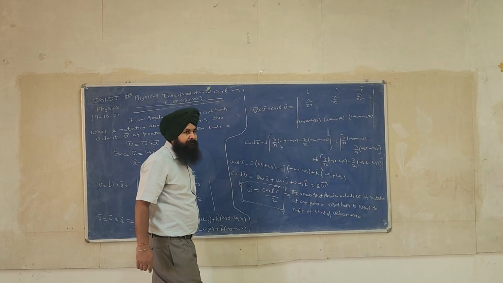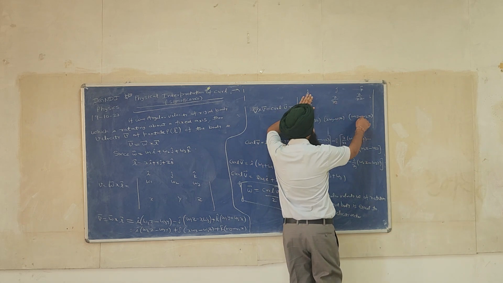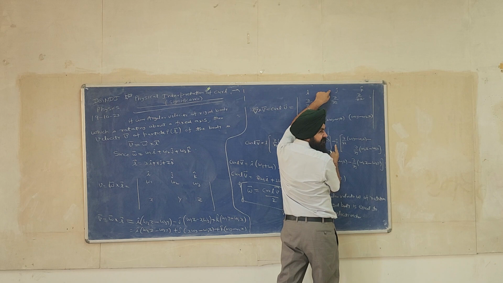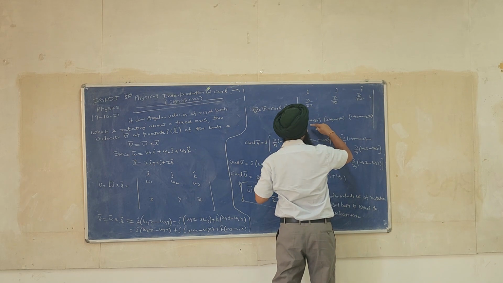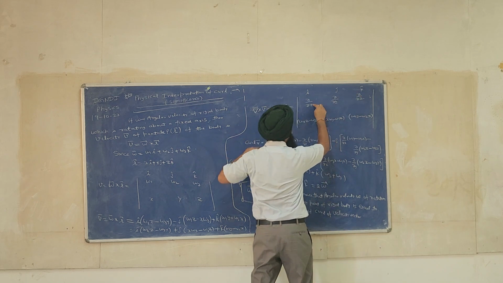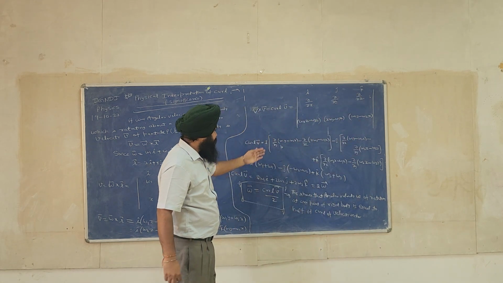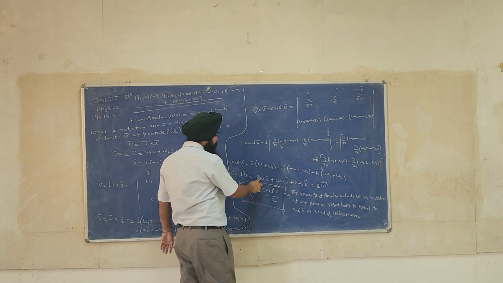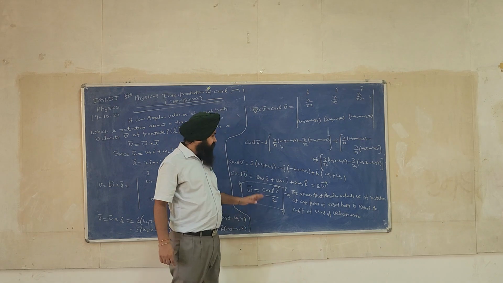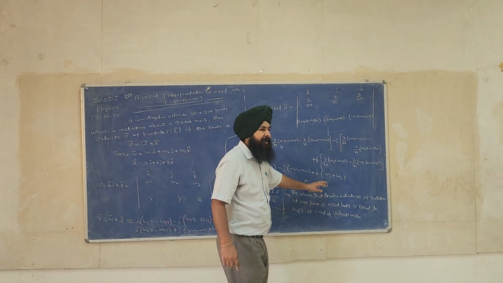For i cap, put your hand here, multiply this with this, with negative sign this. I am getting this. For j cap, I will use a minus sign, multiply this by this and minus this. Plus k cap, multiply this by this and minus this by this. After solving this, I am getting omega 1 i cap, omega 2 j cap plus omega 3 k cap, multiplied by 2. I have taken out the common factor, that is 2 omega.